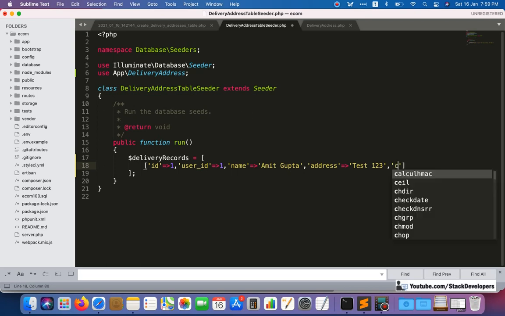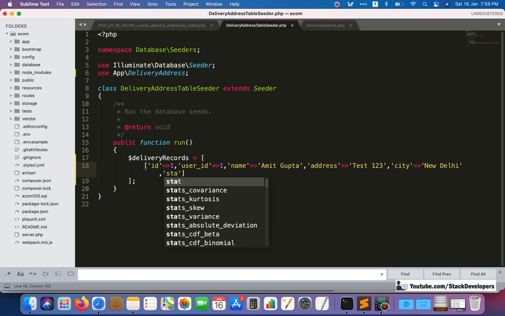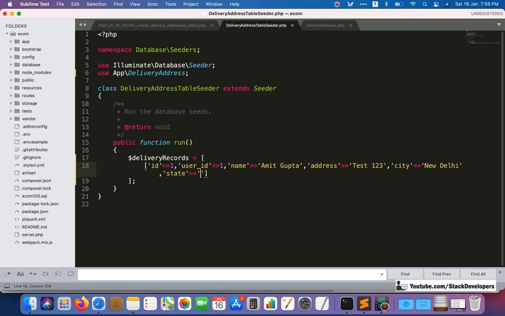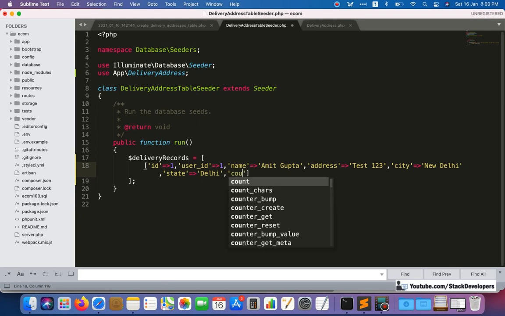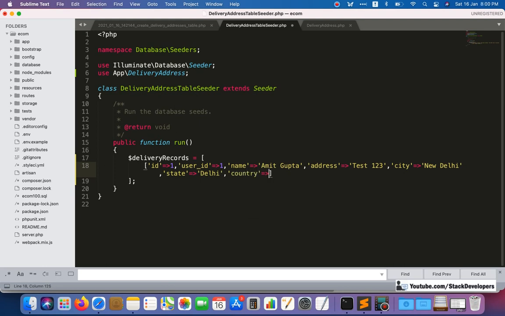After that there will be the city field, and we will add New Delhi. We can add any city. After that we will add the state, Delhi. Then we will add the country, India, and then the pin code as well.